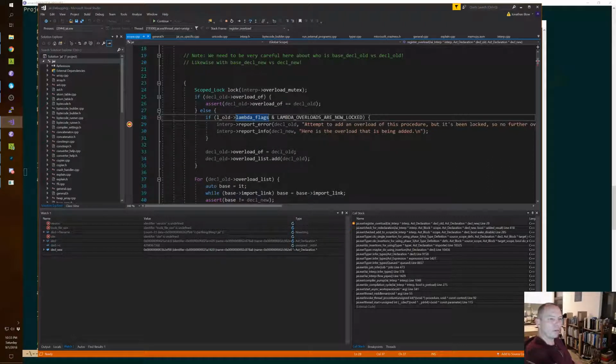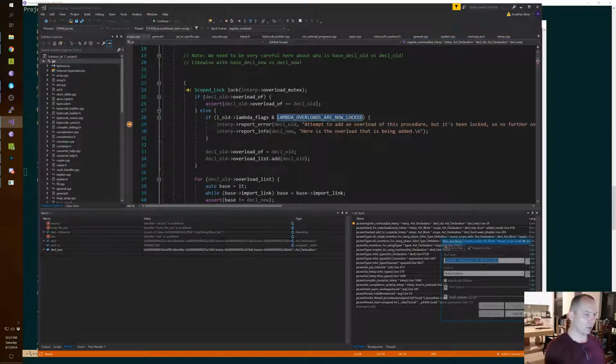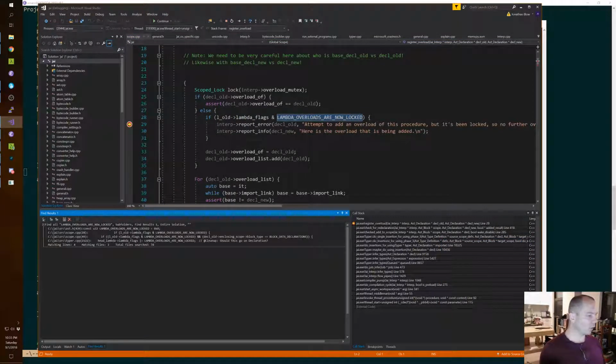Like you could have totally compiled a bunch of stuff and then import some new things and make a new overload list that points at that old thing. So again, it's been forever since I've looked at this, but it doesn't make sense to me that this is on a lambda anymore. Who does anything with this? Wow, almost nobody.